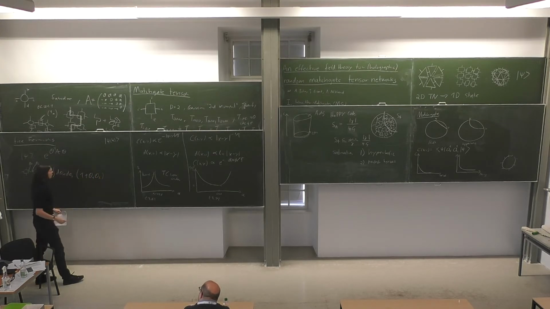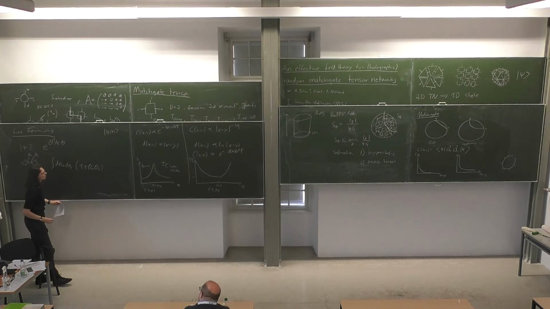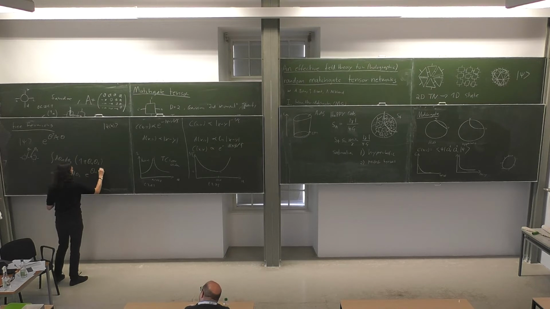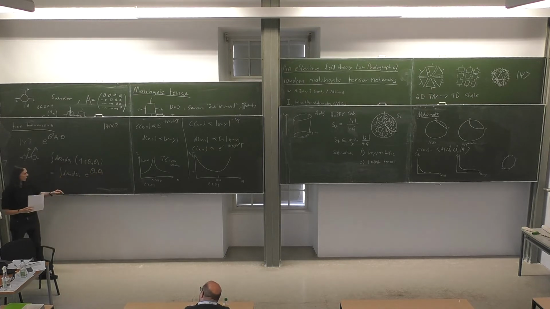You have to be a bit careful with the ordering of the fermions in the contraction. But at the end of the day, you can also represent the contractions by a Gaussian Grassmann function. And if you then stitch everything together,